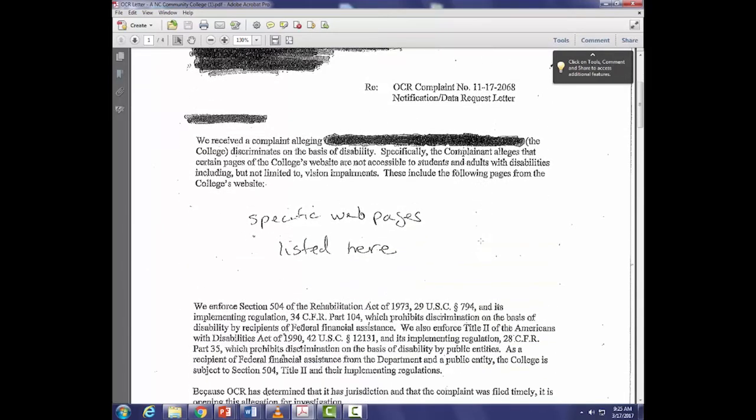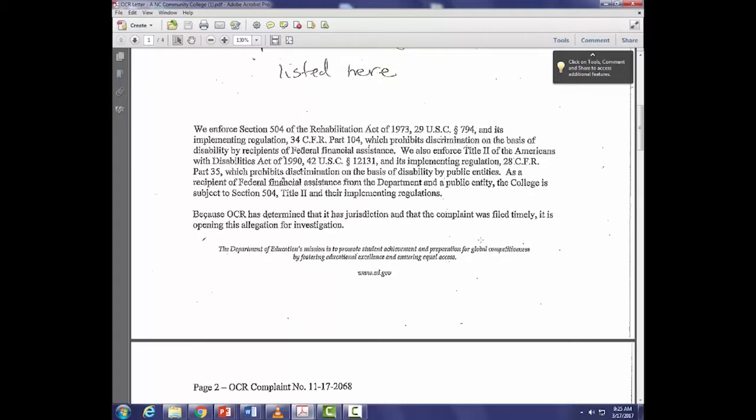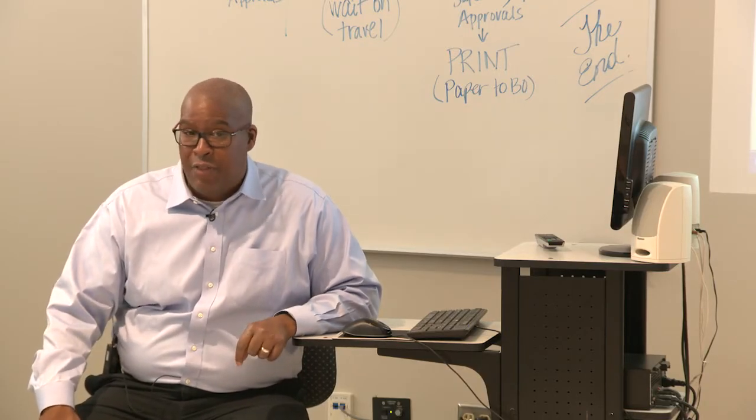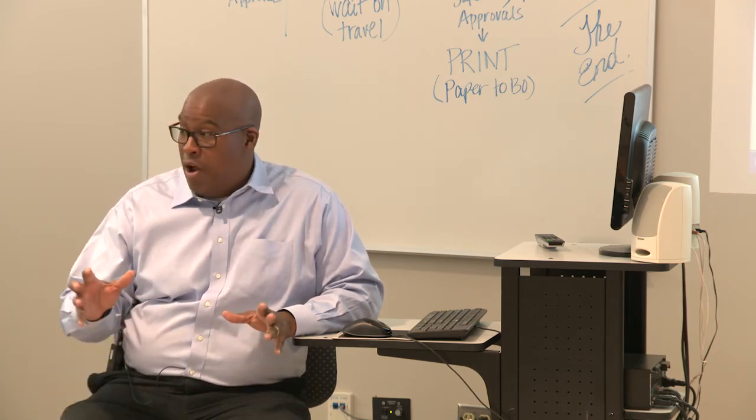They gave them a year to fix the problems. It could have been any college, could have been any of us really. But one thing I want you to remember is that a person who's not a student at the school can sue you. There's a lady in Texas who has about 400 complaints. She just sits in her office at home and surfs the internet.